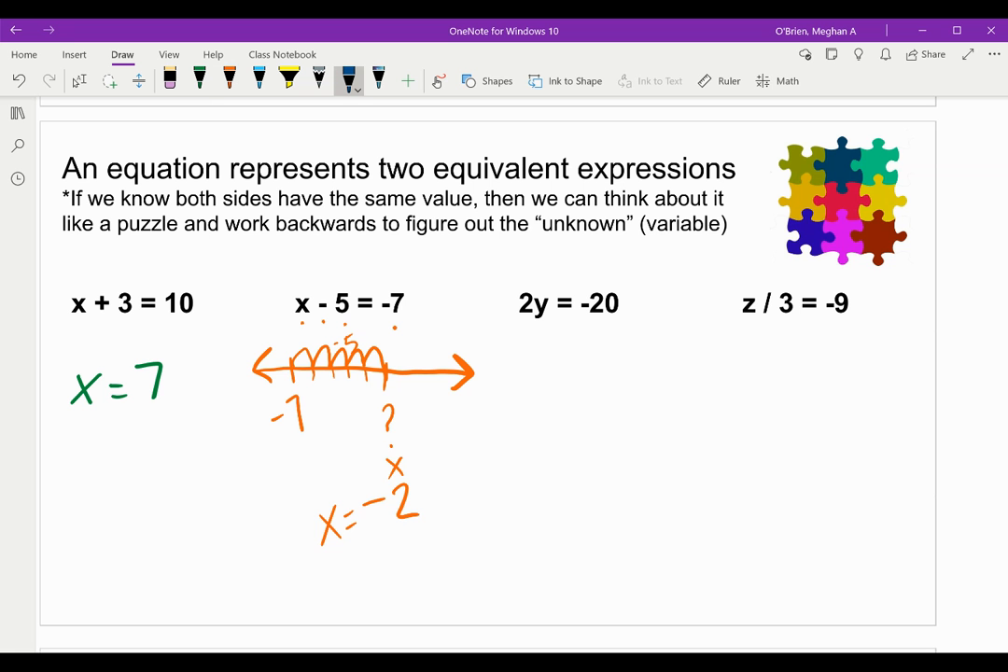This next one, 2 groups of y equals -20. So I've got 2 groups of y, and the total is -20. So how much is in each of those groups? Yep, -10 and -10. That equals -20. And then this last one,